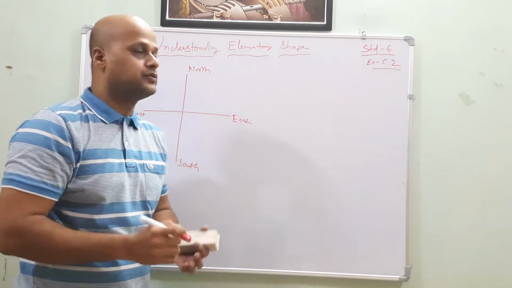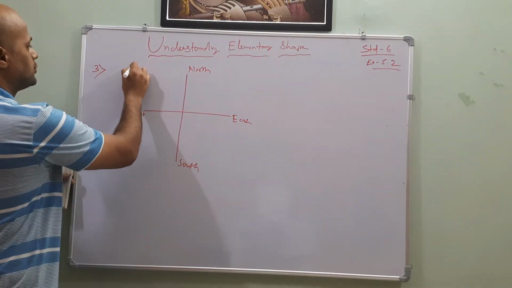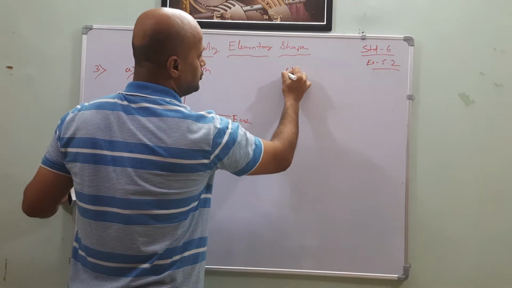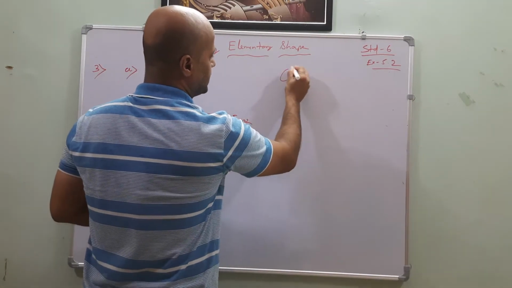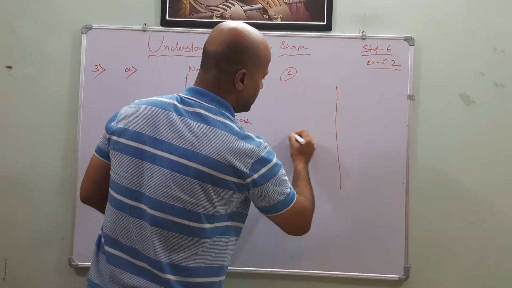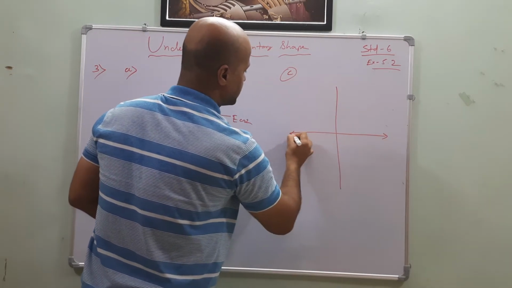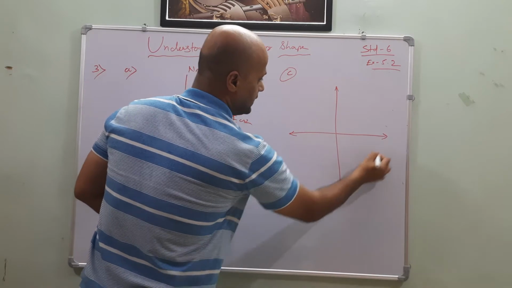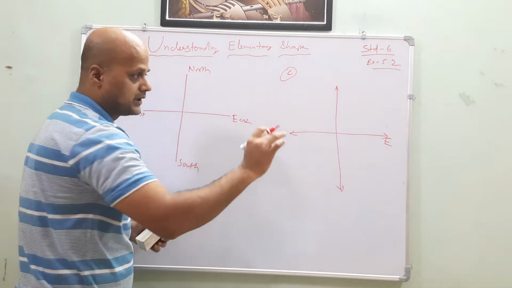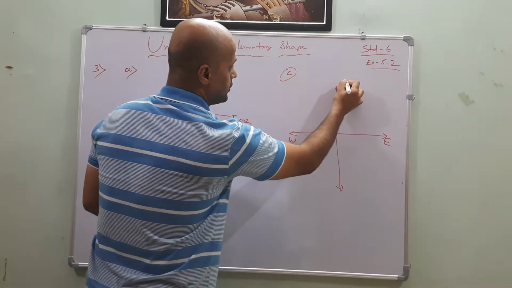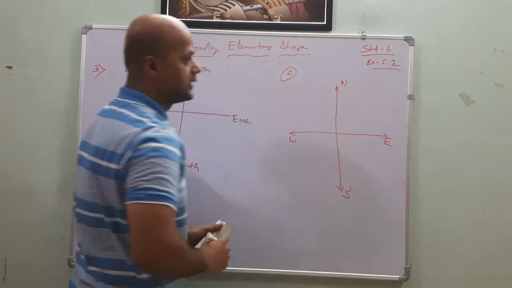Okay, read the question carefully. This is question number 1. Next question we will do C point. Make a C point. Same, it is saying about the face now. So you have to make the 4 directions. What are they? East. I am not writing the total length, I will write in short. West, north and south. Understood, my dear friends?